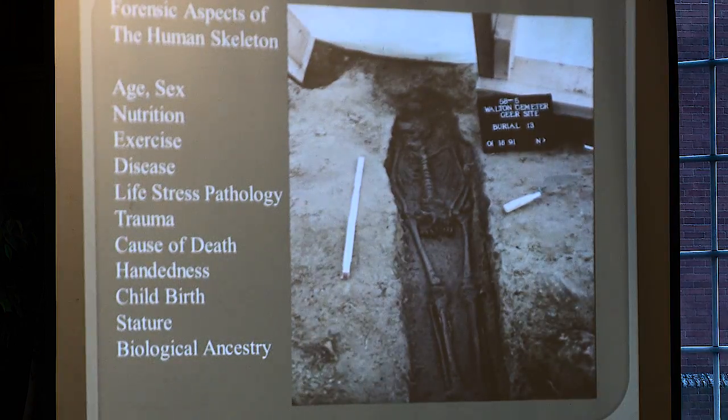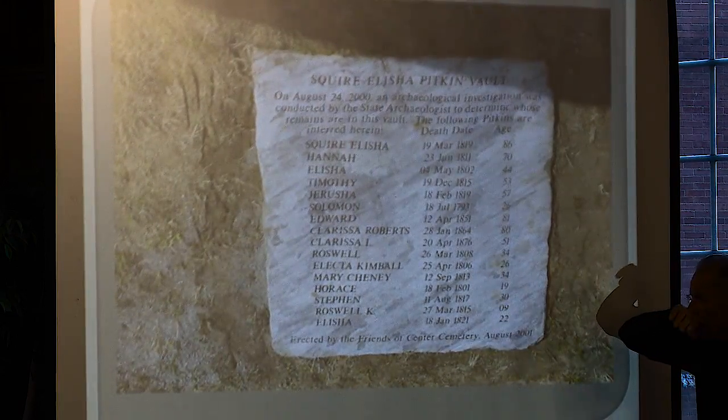archival and historical data. Because basically now what you can do is match the archival data with the forensic data and hopefully come up with maybe even determining which one is Garrison, who J.W. is, and so forth. In fact, this is a project I worked on many, many years ago in a Pickin